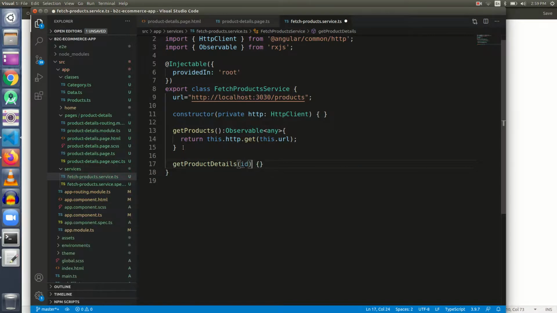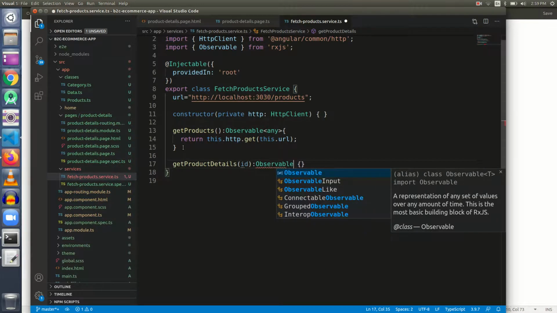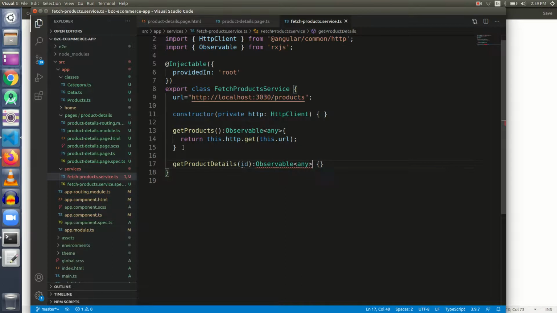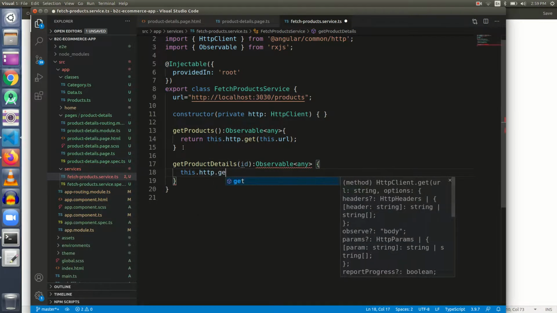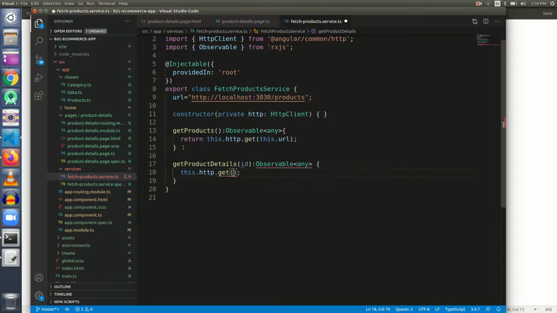and the return type of this getProductDetails will be an Observable of type any, and it will use the HTTP get method, and we need to specify a URL inside the get method, and this.url. Now guys, this.url specifies this particular URL, http://localhost:3030/products.